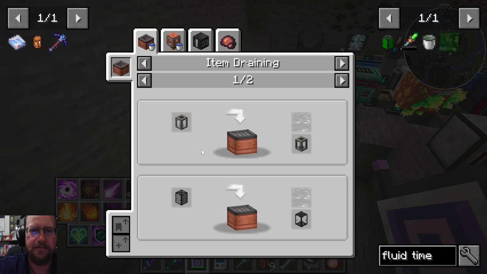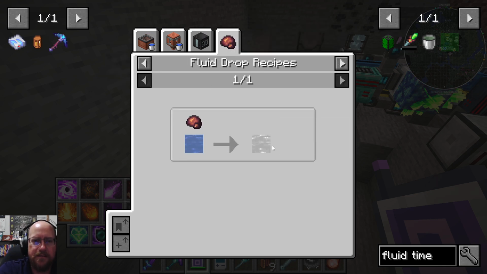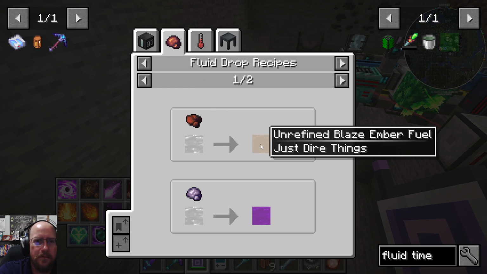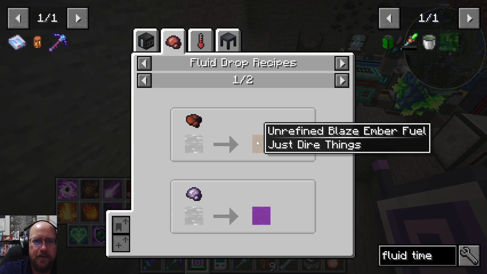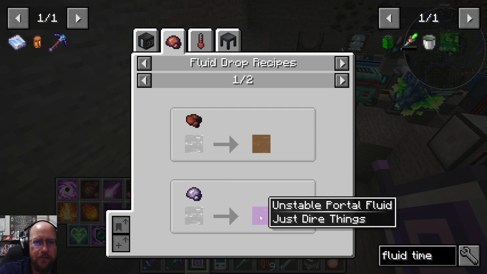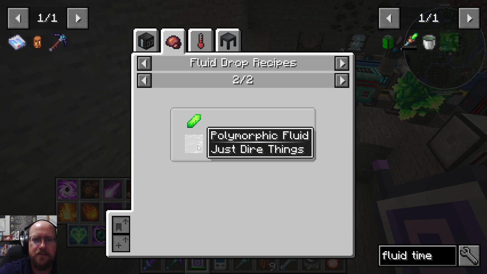It says it's a two-step process. You have to drop polymorphic catalyst to make polymorphic fluid. What is that for? Legitimately, what is it for? Oh, okay. It allows water to become useful for other Direwolf stuff. Blaze Ember into here becomes unrefined liquid fuel. This is for portal fluid. But what I need to get to is time fluid. So